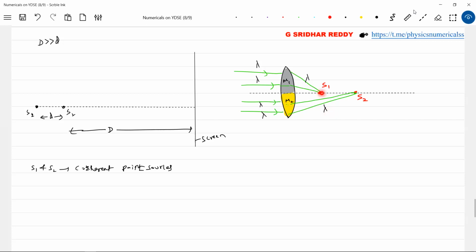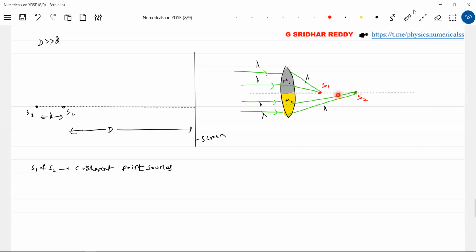Then, sir, maybe they have covered different paths. Okay, let it be. But what are coherent sources? Two sources of the same frequency, where the phase difference between them remains constant. Yes, there will be some phase difference, but that will remain constant with time. So like this, I am able to produce coherent light sources with the help of a lens, where the upper portion is made up of one material and the lower portion is made up of another material.